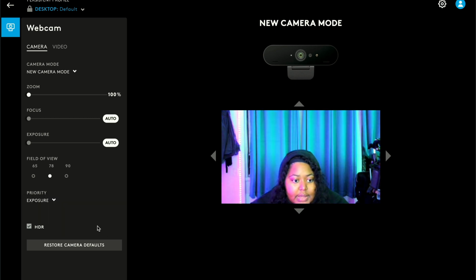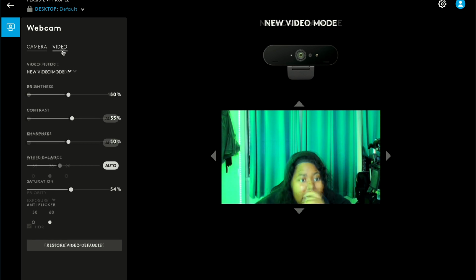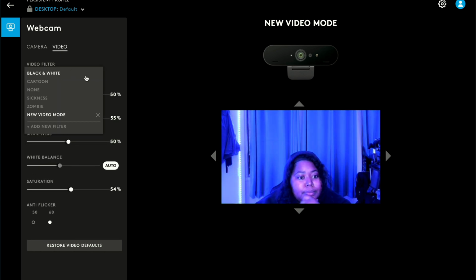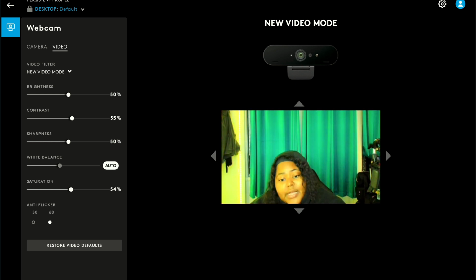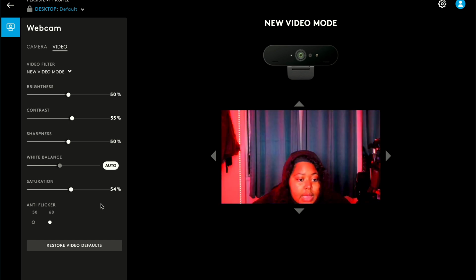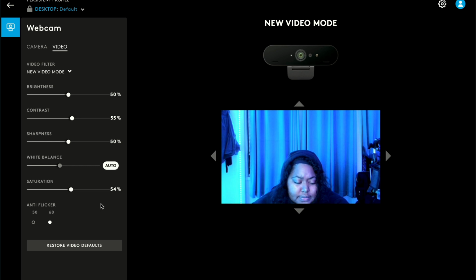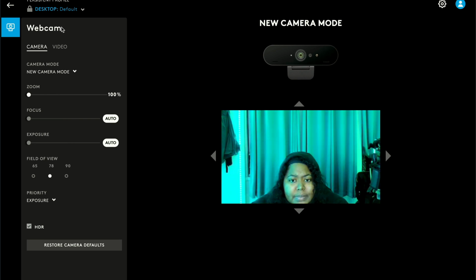Exposure, I kept it on default as priority, and then the HDR, I kept that on. Video filter, new video mode, black and white cartoon. We don't need to know about that. We just have new video mode, brightness 50%. I put my contrast to 55%. I had it on 60, but I'm like, this is doing me justice. The sharpness is on 50, white balance is auto, saturation on 54%. Now the anti-flicker, I still gotta play with that, but I just kept it on 60. And that's about it as far as the Logitech G Hub